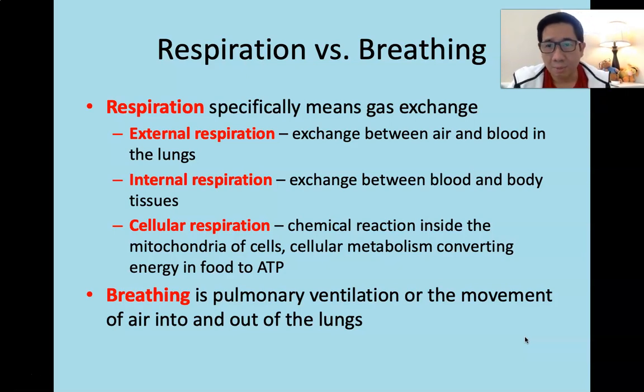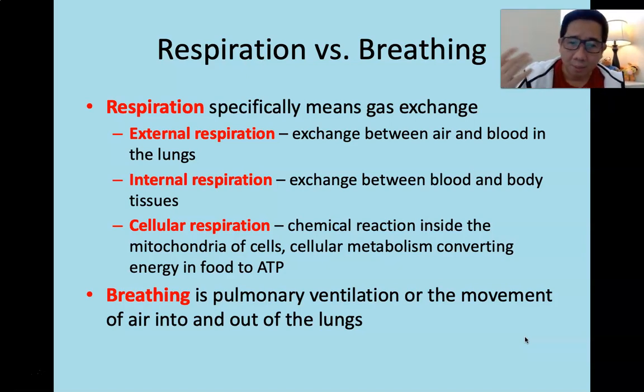Whereas internal is between your blood and your tissue. So you exchange the gas between your blood and your body tissue. And cellular, even smaller than that, exchanges gas between your cells, the chemical reaction inside your cells. So when you learn about Bio 181 or 182, where you learn about the mitochondria